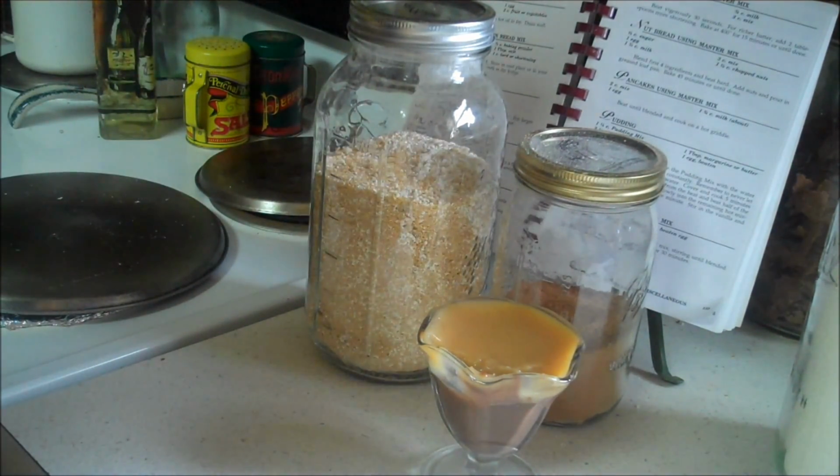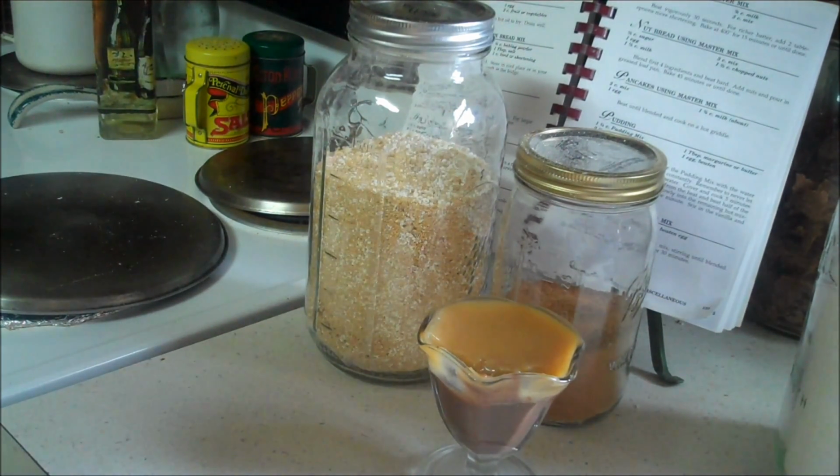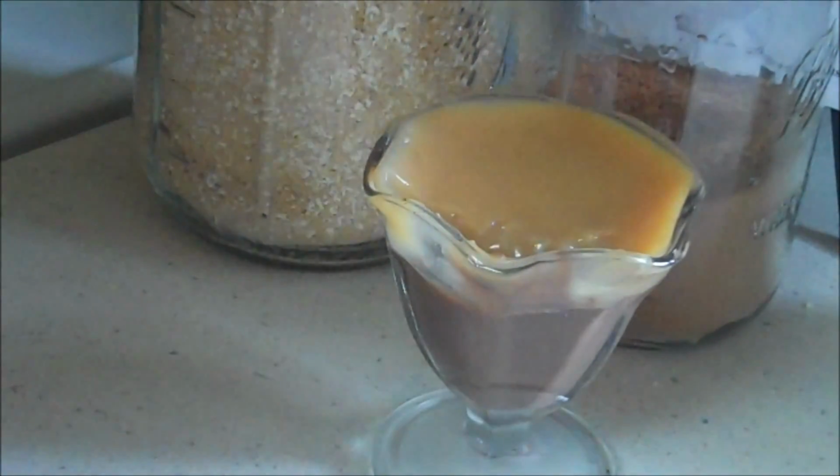It's still warm. I couldn't wait any longer. Isn't it purty? Gotta give this a try,